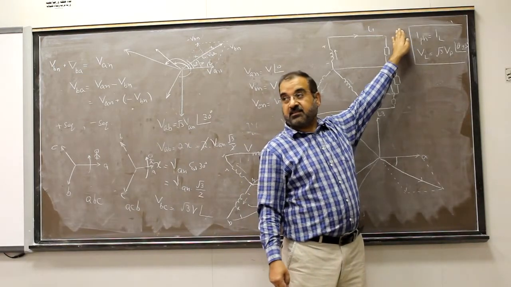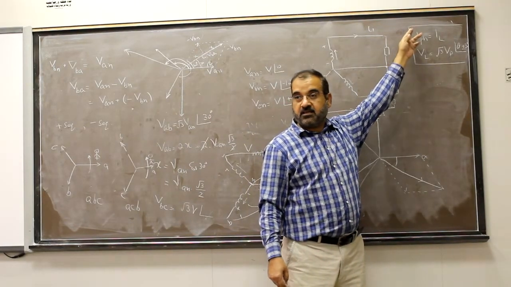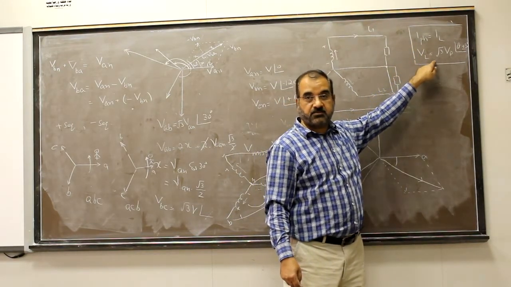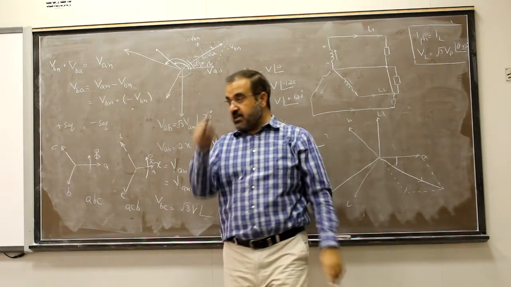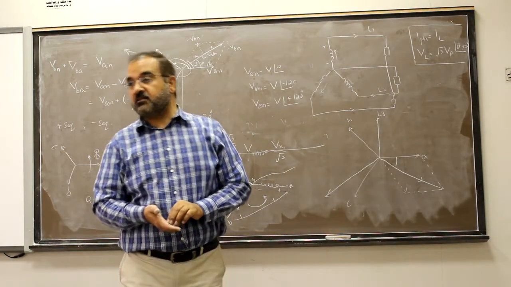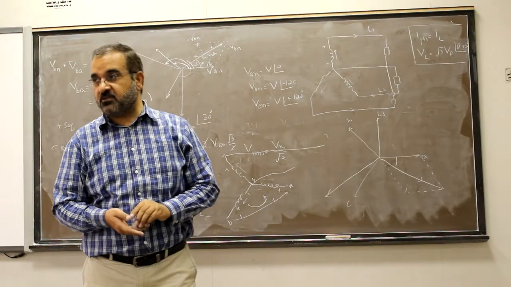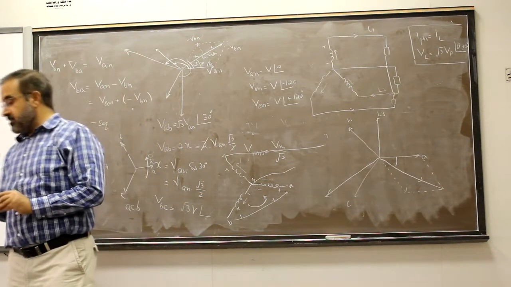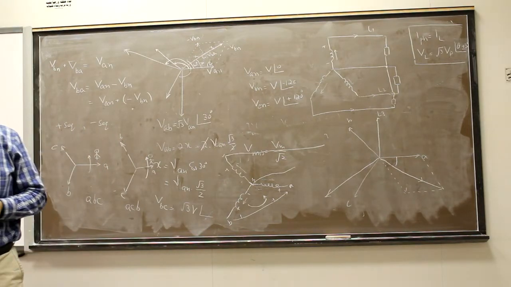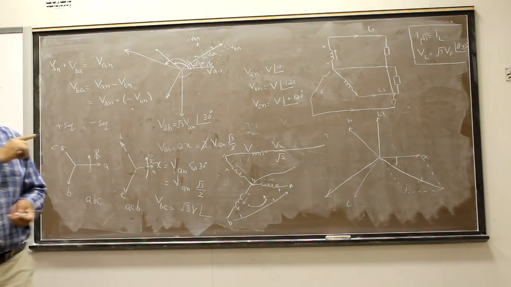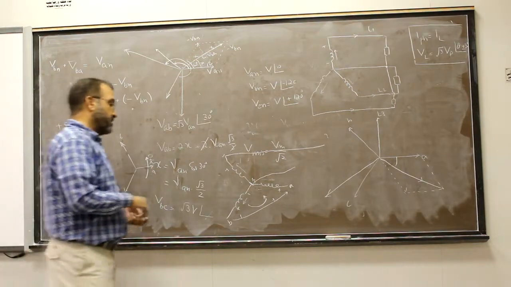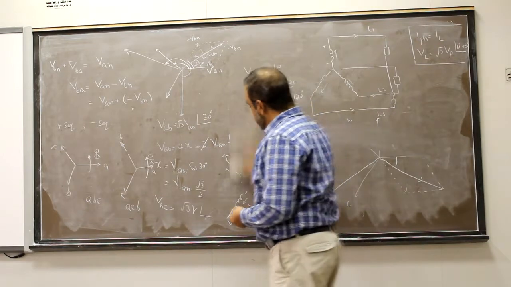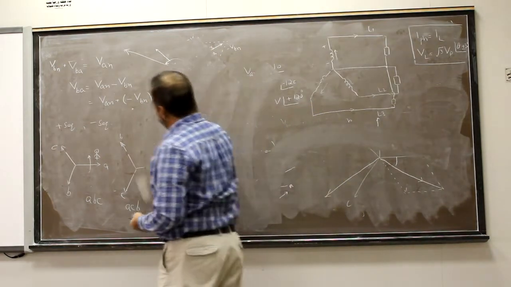For Y connection, I phase is equal to I line. And the second one, V line is equal to root 3 times V phase, angle theta plus 30 degrees for positive sequence and minus 30 degrees for negative sequence. This is the final conclusion for Y connection only. For delta, I will do it now. But before going to delta connection of the generator or the load,